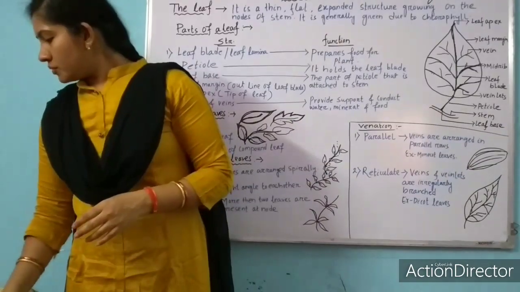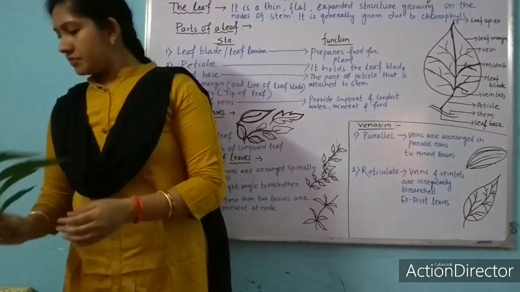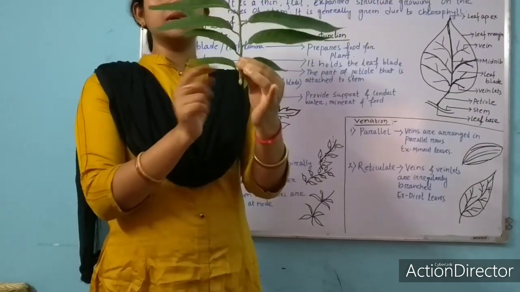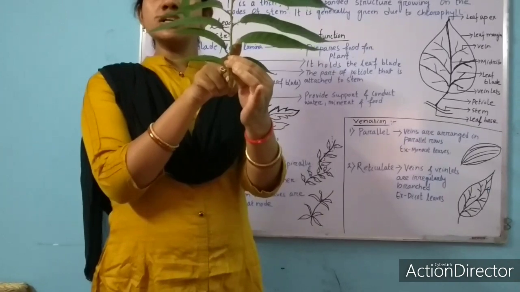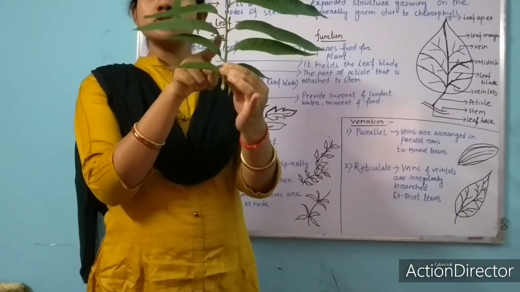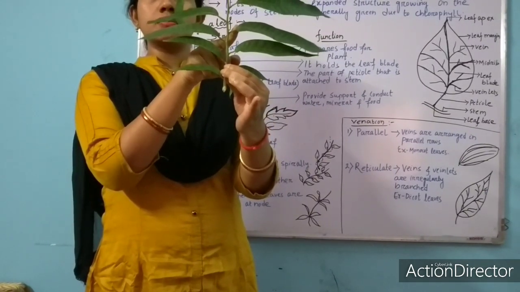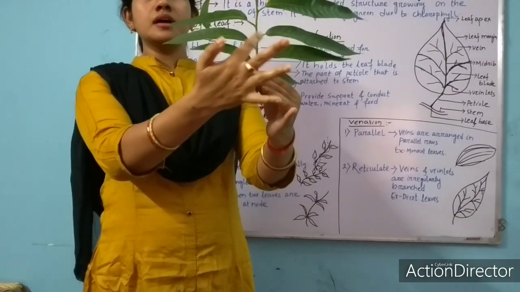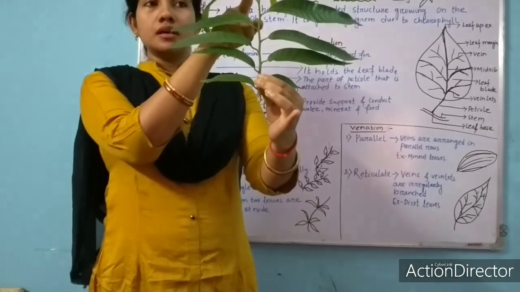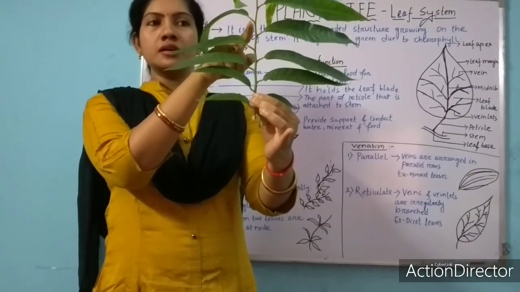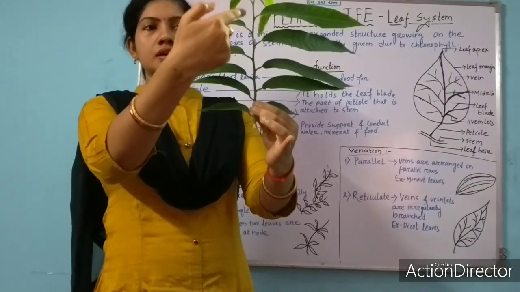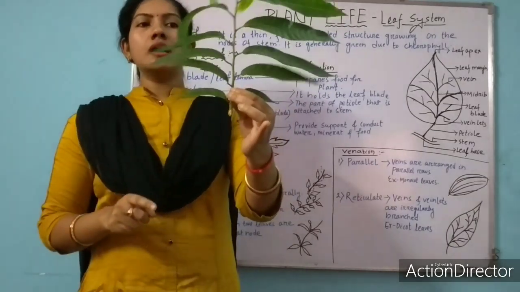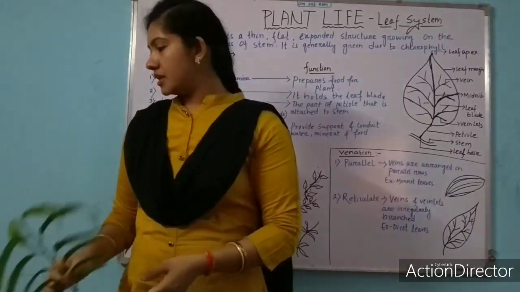If I show you the alternate arrangement of leaf, yes, this is the alternate arrangement. Can you see the arrangement of leaf? One here, another slightly to the top, another slightly to its top, and again another slightly to its top. These are the alternate arrangement of leaves. Isn't it spiral? Here to here to here. If we see, spirally it runs. This is the alternate arrangement of leaves.